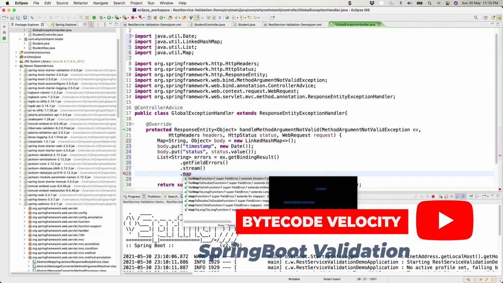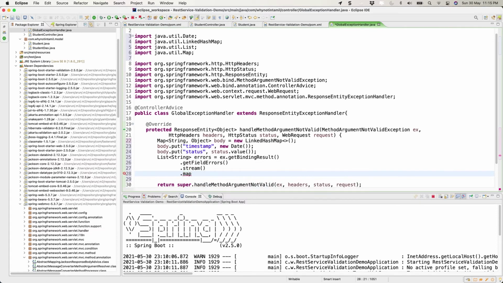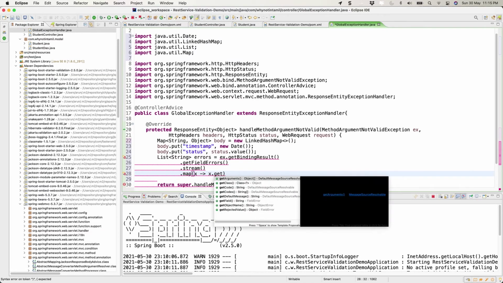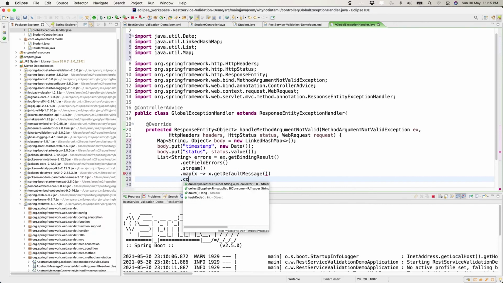So we all know map is a method which will accept a functional interface as an input, right? That functional interface is going to be a Function. So what I'm gonna do here is write the lambda expression. x.getDefaultMessage(). I'm passing the object and I'm retrieving the message. I'm passing the exception and receiving the exception message, and then finally I'm collecting it back as a list.